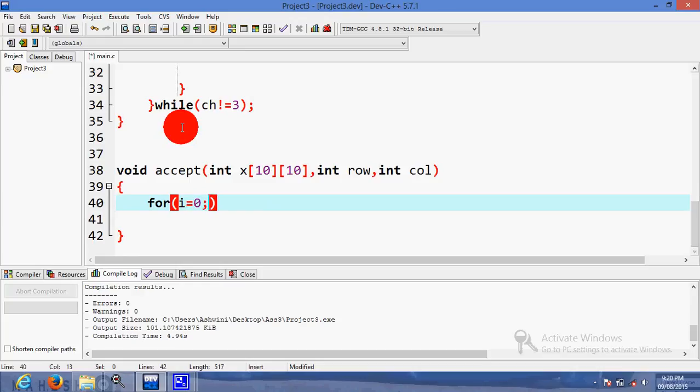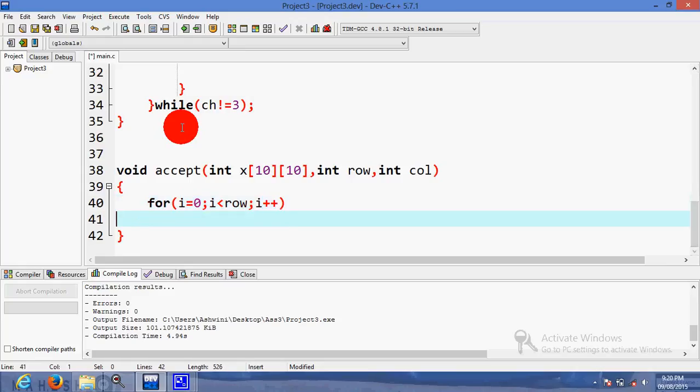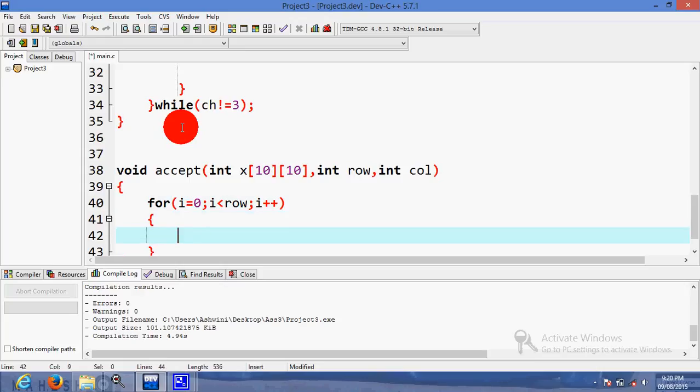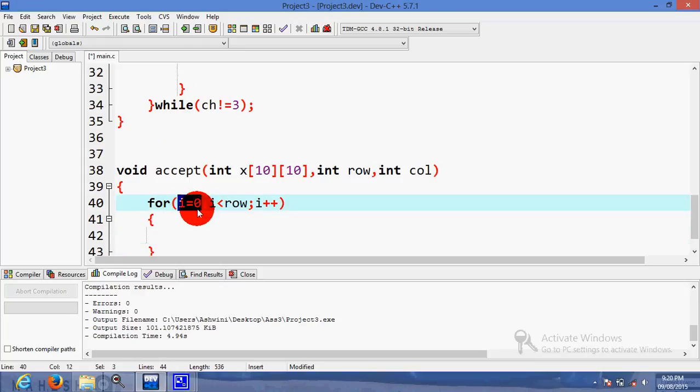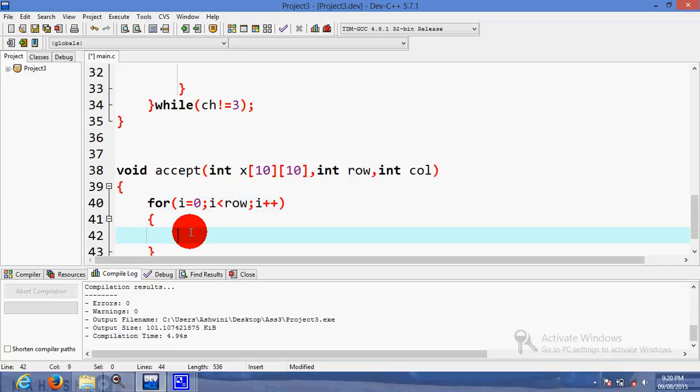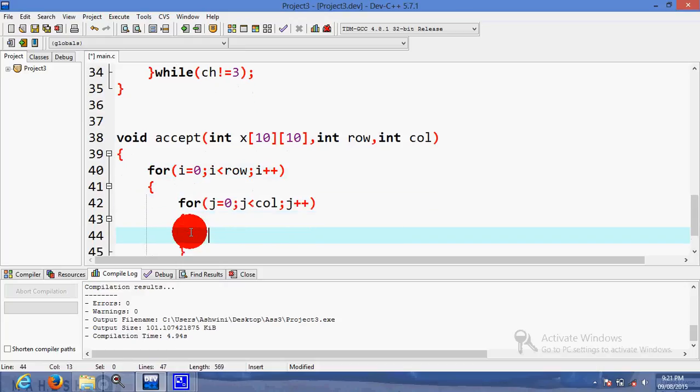So suppose i equal to 0, i should be less than row, i plus plus. So for every row, initially i equal to 0, we have to put all the elements in every column. So for j equal to 0, j should be less than column, j plus plus. So how you will accept? Scanf will be what?